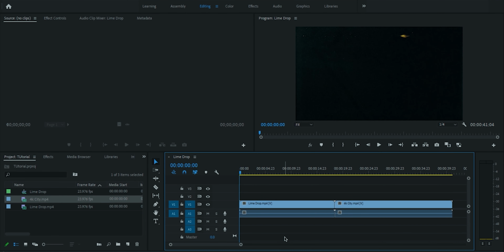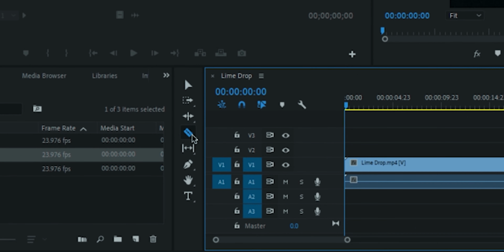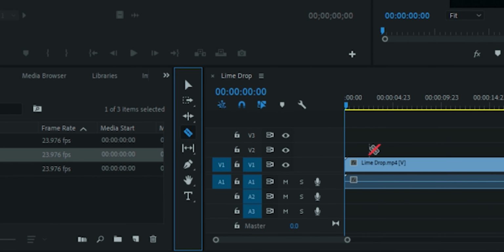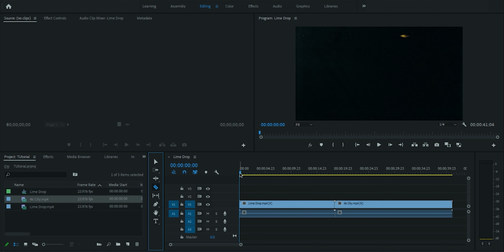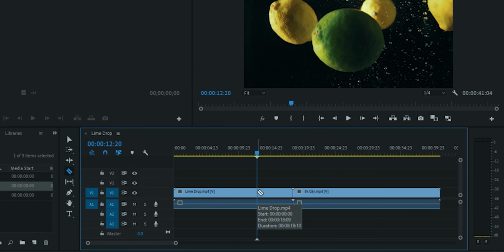Cutting and combining the clips is going to be the most important part of editing, because you are going to take out the unwanted clips, combine the other clips together and create a nice beautiful story. So in order to cut the clips in Premiere Pro, use the keyboard shortcut C to bring up the razor tool, or you can just click right over here to bring up the razor tool and take your playhead wherever you want to cut the video, place it right there and click on the playhead with the razor tool,